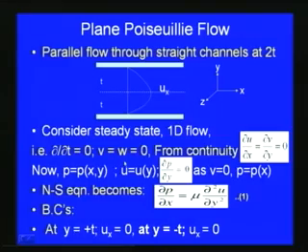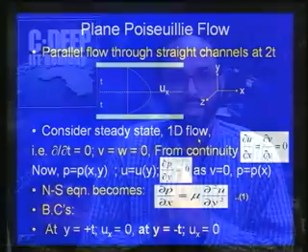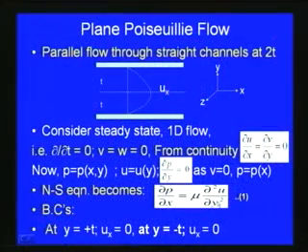So, finally, with respect to these assumptions, the assumptions for this plain Poiseuille flow are: the flow is steady state, the flow is one dimensional, and parallel flow. Now by using all these assumptions, we can simplify the Navier-Stokes equations which we have seen earlier into a single equation. After all the simplification, finally we get del P by del x is equal to mu del square U by del y square, as in equation number 1.